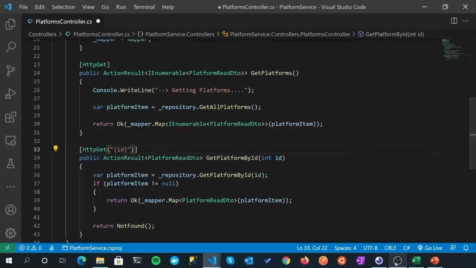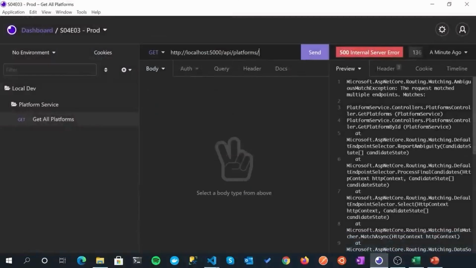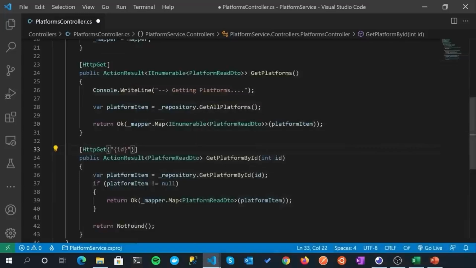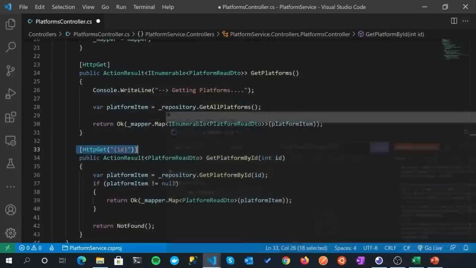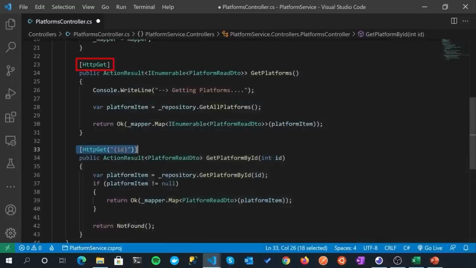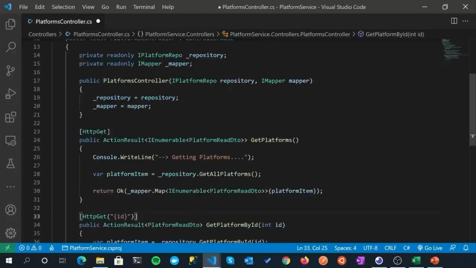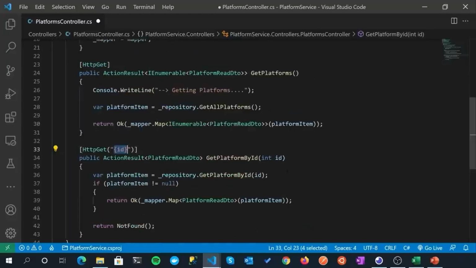So as part of this route here, if we do this, 23 for example, it's going to match this route here. If we take this out, then it's going to match this route here. And it was getting confused because we had no point of differentiation. And where API controller comes in is it automatically maps this value into here. There you go. Early in the morning for me here, I'm not quite woken up yet.